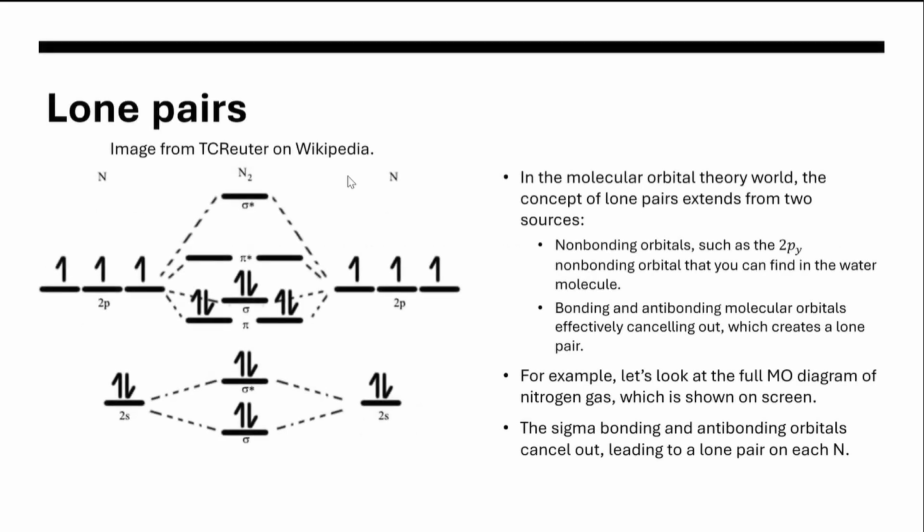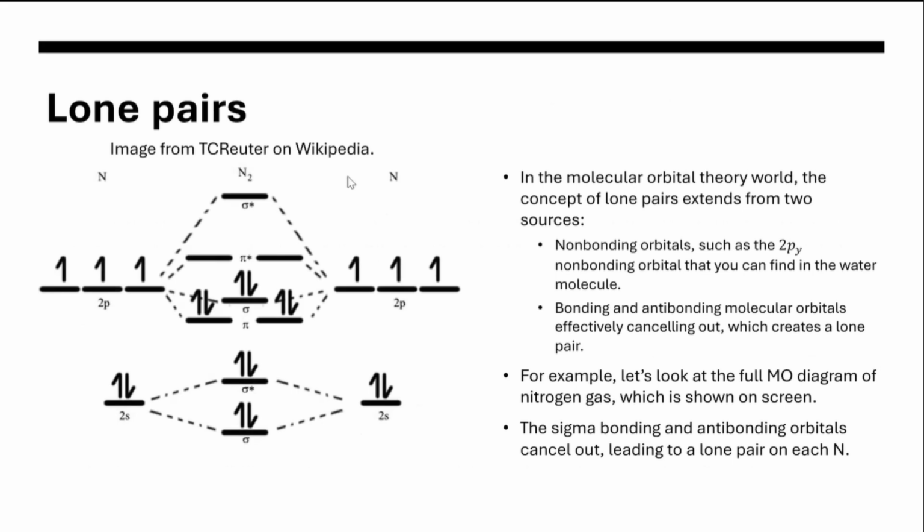So next we're going to go on to the concept of lone pairs. In the molecular orbital theory world, the concept of lone pairs extends from two sources: non-bonding orbitals, such as the 2py non-bonding orbital that you can find in the water molecule, and bonding and anti-bonding molecular orbitals canceling out, which creates a lone pair. So, for example, let's take out the full MO diagram of nitrogen gas, which is shown